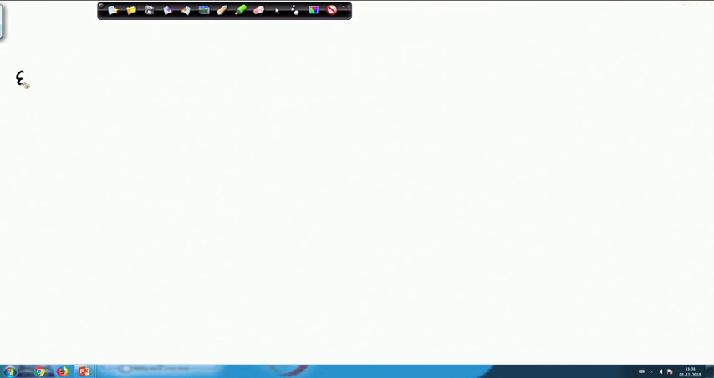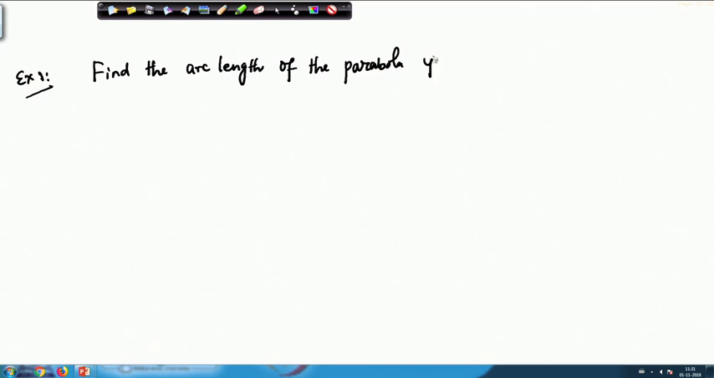So, let's work out a few examples. To do some examples, let's go to a new page. Example 1. The problem is: find the arc length, or length of the arc, of the parabola x square equals 4ay,